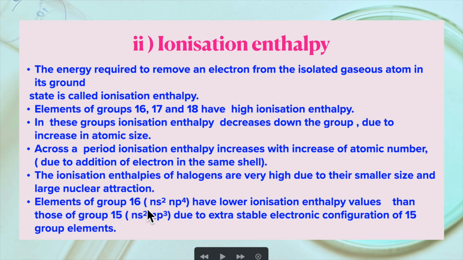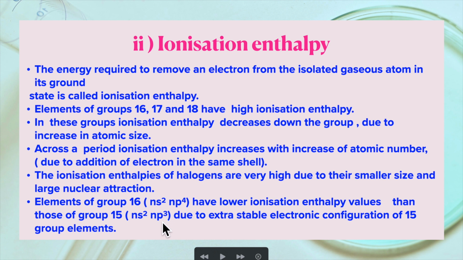If you consider the elements of group 16 and elements of group 15, elements of group 16 have the outer electronic configuration ns2np4 and have lower ionization enthalpy than the elements of group 15 having the electronic configuration ns2np3, due to the extra stable electronic configuration of group 15 elements. See here, in the p orbital a maximum of 6 electrons can be present. In group 15 elements the outer electronic configuration is ns2np3, meaning the p orbital is half filled, and so